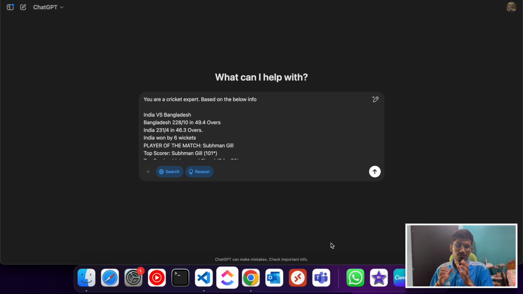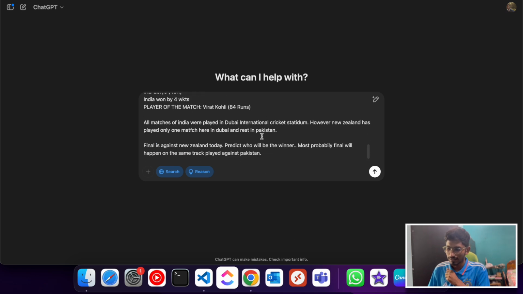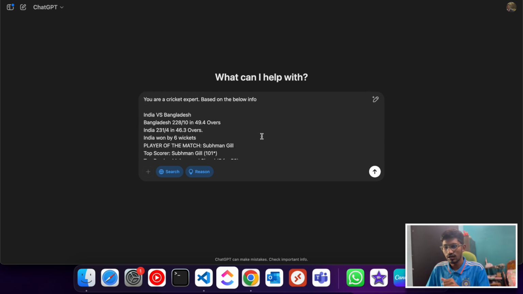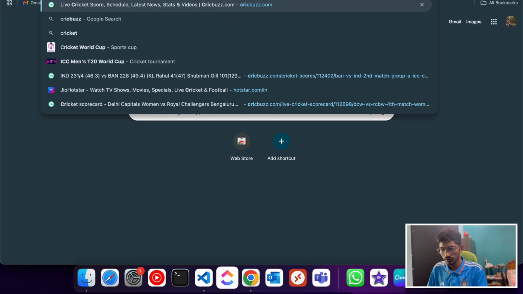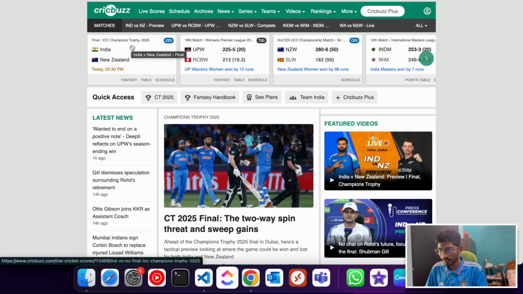It's the India versus New Zealand Champions Trophy final today, which will take place in Dubai. So I just thought of doing a fun game with the AI tools available. I wanted to explore how these AI tools predict who is going to be the winner of today's final based on some statistics. We'll give them the statistics of India's past performance, and then we'll see how they behave. For now I've created a prompt based on the Indian stats, so let me quickly go to the Cricbuzz website and prepare the stats of New Zealand also.